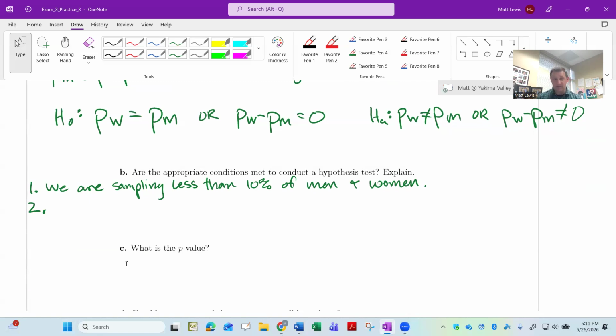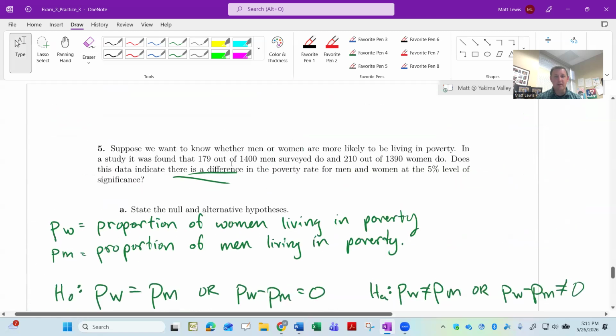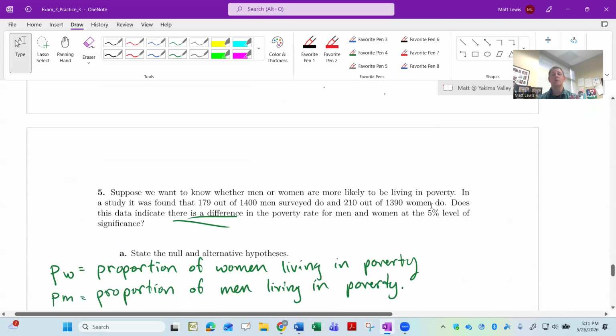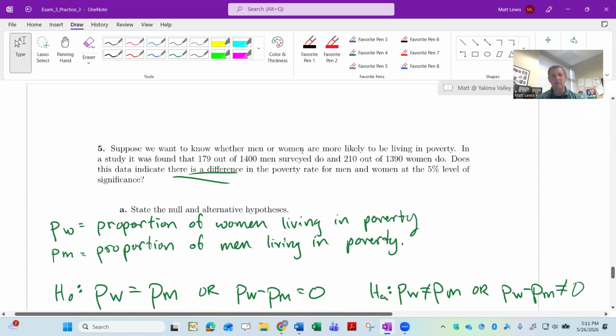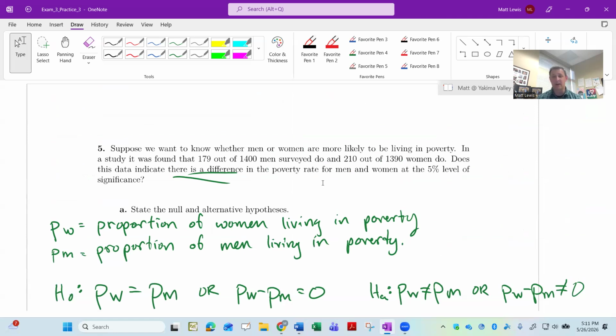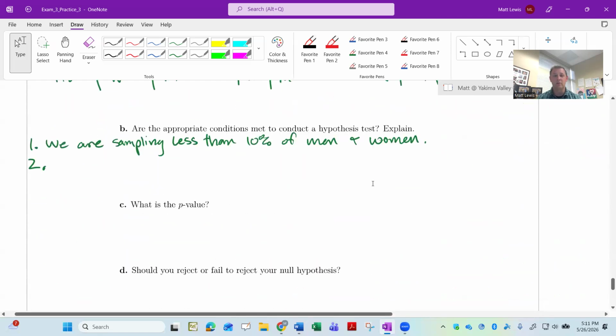Now, on the one hand, the numbers involved here, it's a no brainer. Of course, I'm expecting at least 10 successes and 10 failures because I can see I actually got 179 in one group and 210 in the other. So that's enough. If you got numbers that were that big, I would be okay with you just saying we have more than enough successes and failures. However, sometimes it is a closer call and we have to have some calculations. And so I'm going to pretend like I don't notice that. I'm going to go ahead and go through those calculations for us here.